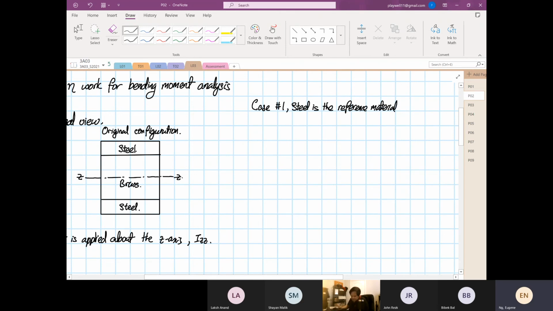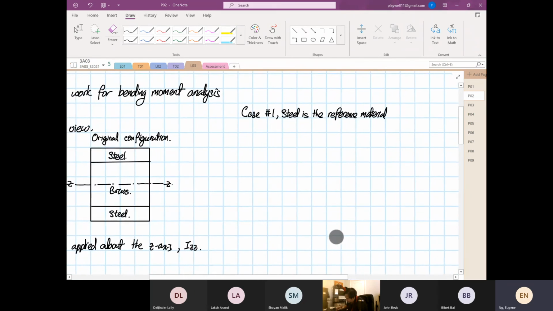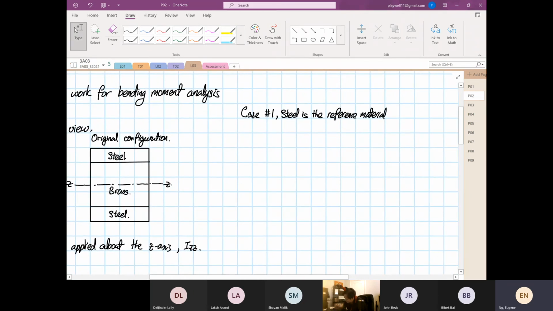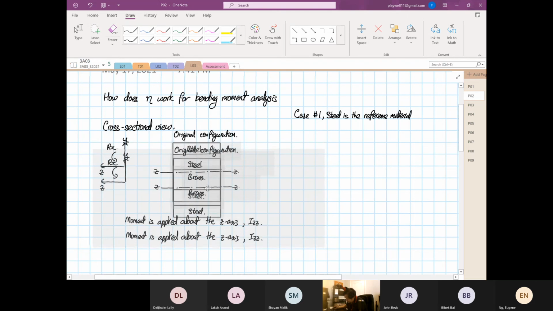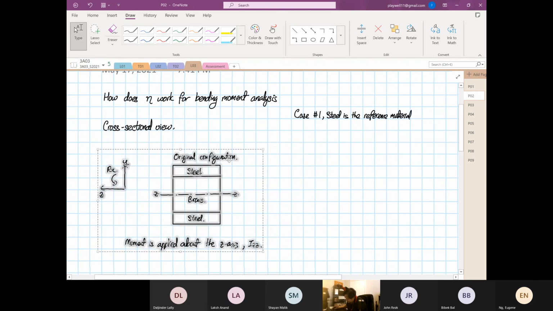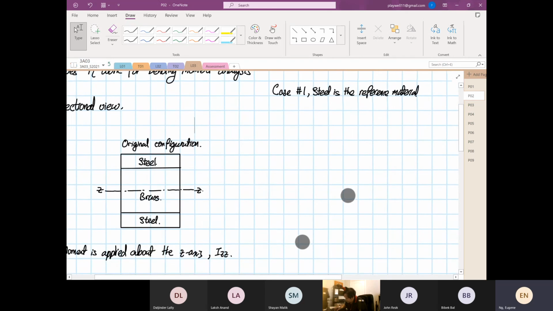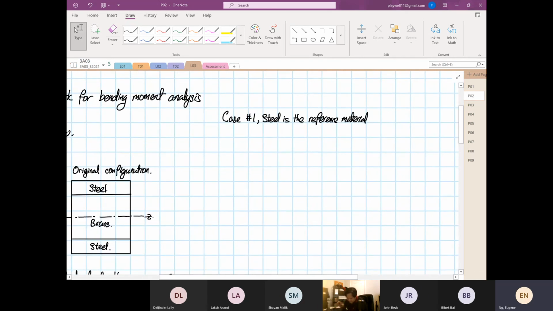Okay, steel is the reference material. So we have to form this equation, which is n of steel. Hold on, I'm going to bring this down slightly. Right. So we're going to use the reference material. So n of steel,